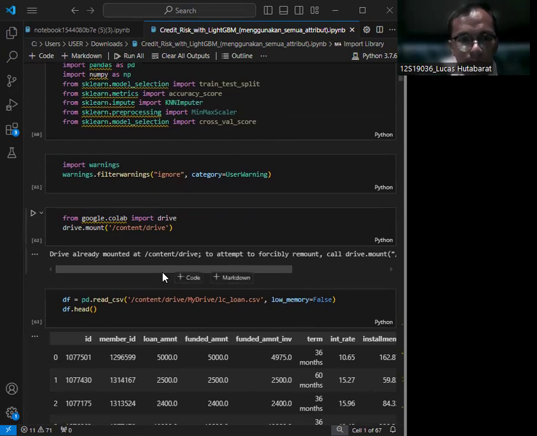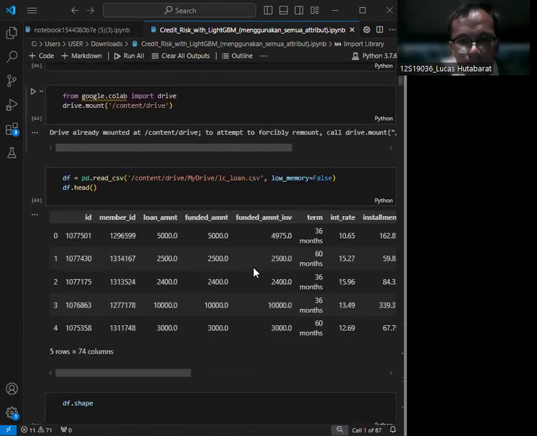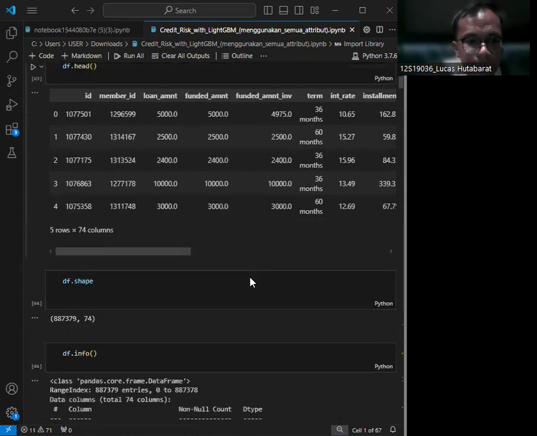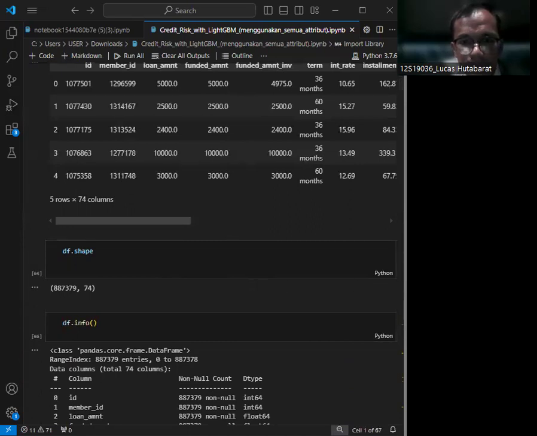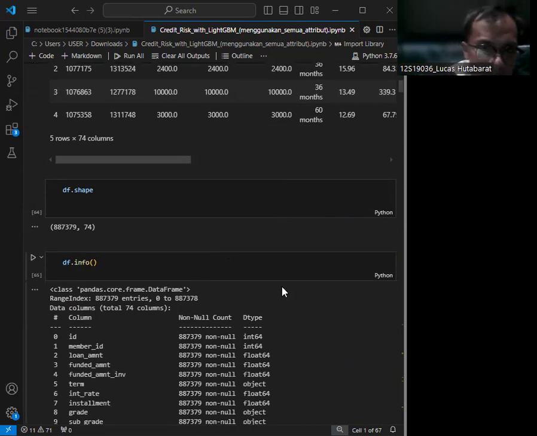Then we load the data. We load the dataset into a pandas data frame. The data frame head function allows us to preview the first few rows of the data. And then we check the data shape of the dataset to understand its dimensions.